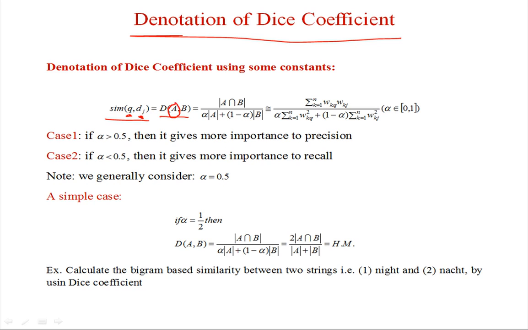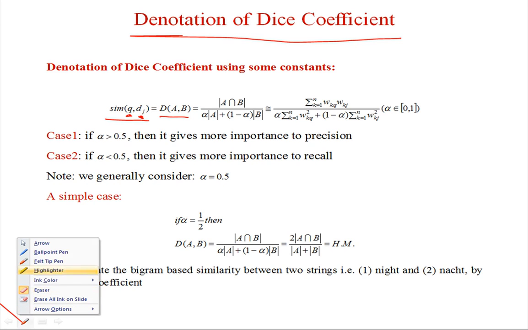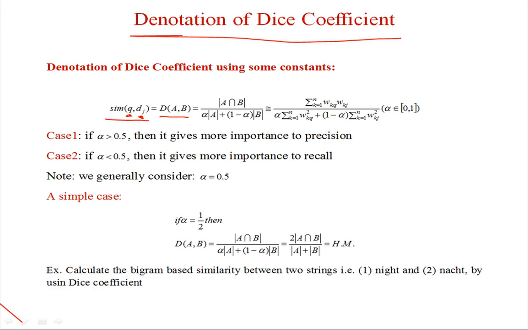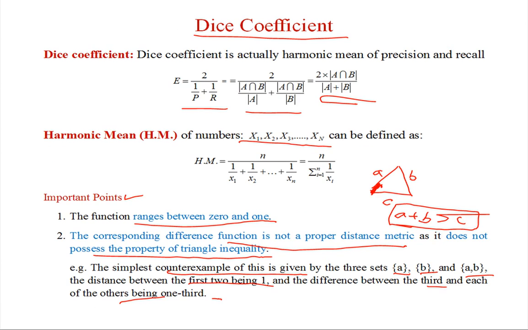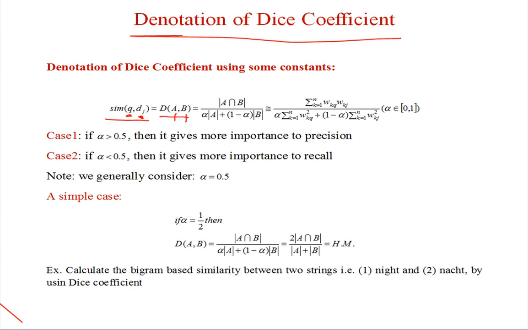We consider query term Q as A and document D as B. Query term Q is the retrieved set and D is the relevant set. So now the dice coefficient will be